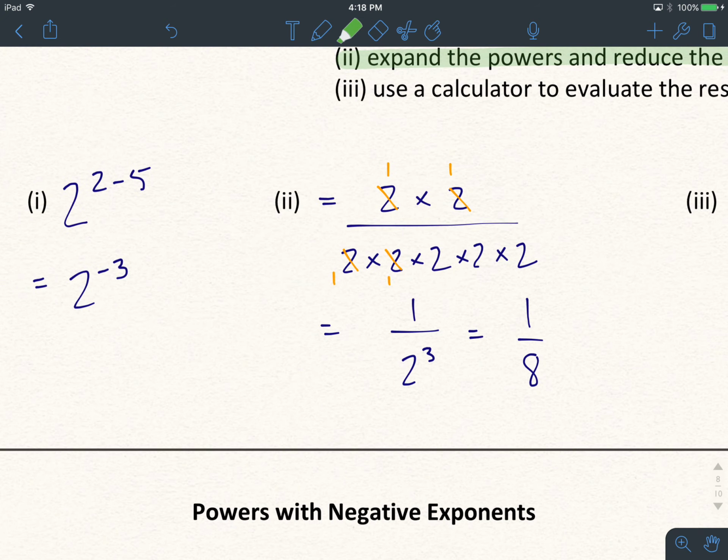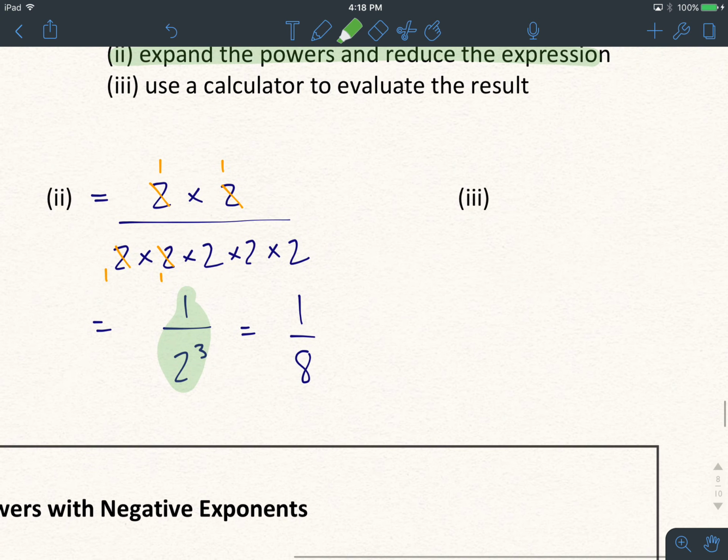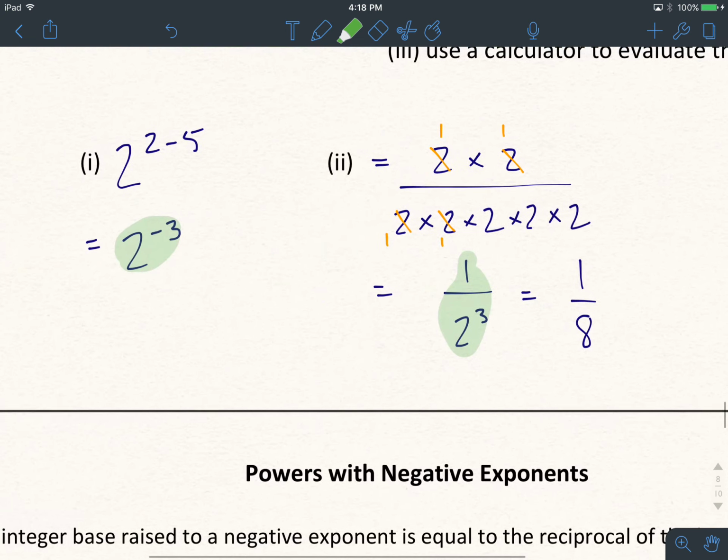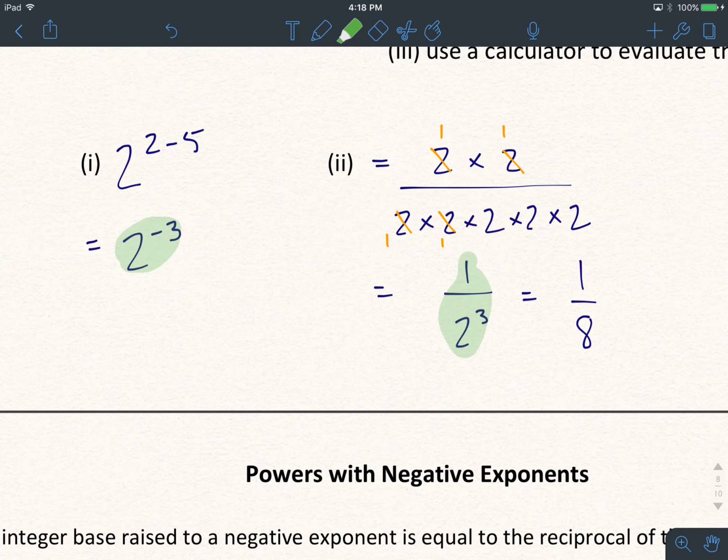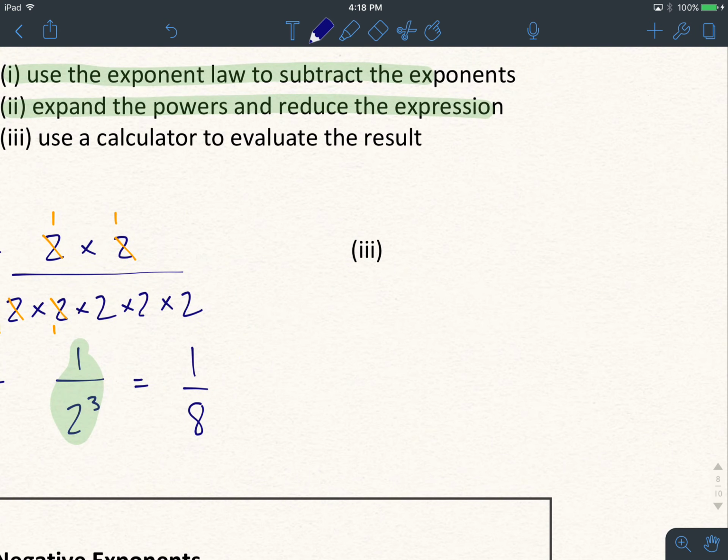Okay, doing all right so far. Already I'm seeing a pattern here where 2 to the exponent negative 3 is an equivalent value to 1 over 2 to the exponent positive 3. And if we were to type this into our calculator, let me grab a calculator now. So now we're going to type this into the calculator and see what we get. So that's going to be 2 squared divided by 2 to the exponent 5. And that's going to give us, let's ask the calculator here. So 2 to the exponent 2 divided by 2 to the exponent 5, and that's going to equal